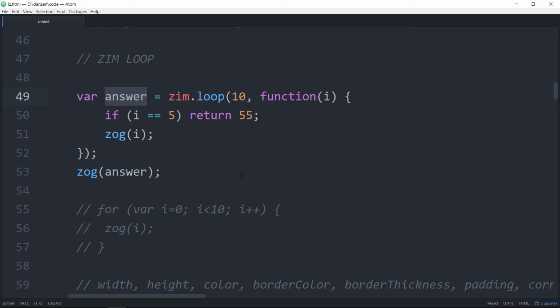Great. So we can loop through a number, we can loop through an array, we can loop through an object, and we can loop through a container, which we'll see later. We can continue by just using return. We can break by returning some value. That is a ZIM